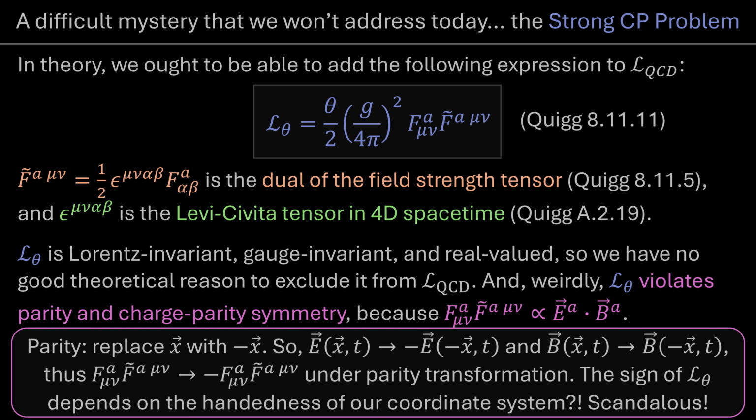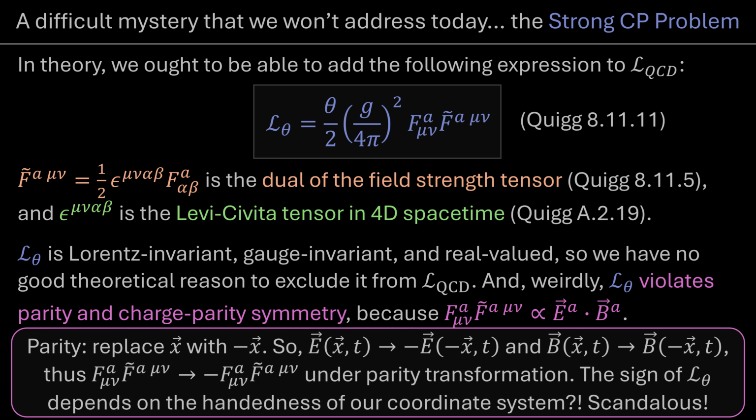That violates parity symmetry. And you might think that, okay, maybe to save the day, perhaps this doesn't violate charge parity symmetry. Like maybe if you do a parity transformation and also change what you mean by charge, change the sign of the definition of charge, maybe that would restore the symmetry. But no, actually it doesn't. Because if you think about the dot product of an electric and a magnetic field, switch what you mean by charge, your electric field is going to go the opposite way now, but so is your magnetic field. And so in this expression, you're going to get a minus times a minus, so it's a plus, so there's actually no change to this expression, whether or not you switch your definition of charge. And so this expression actually would violate charge parity symmetry, which is very weird.